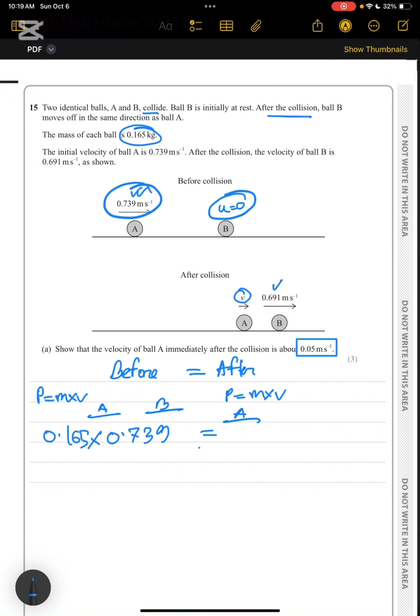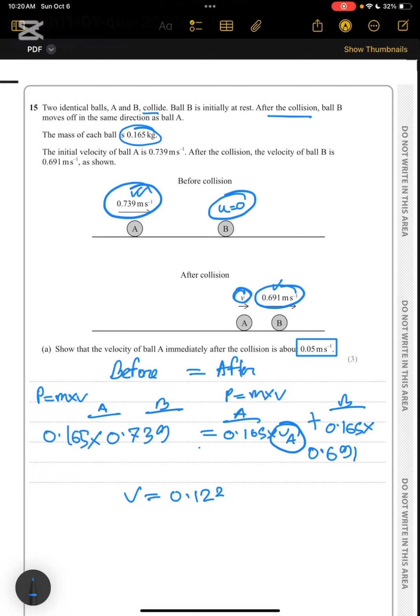So for ball A, after the collision, it will be the mass 0.165 into the velocity VA, plus for ball B it will be the mass 0.165 into the velocity V, this 0.691. So I have to make this velocity the subject and find out, which is V is equals to